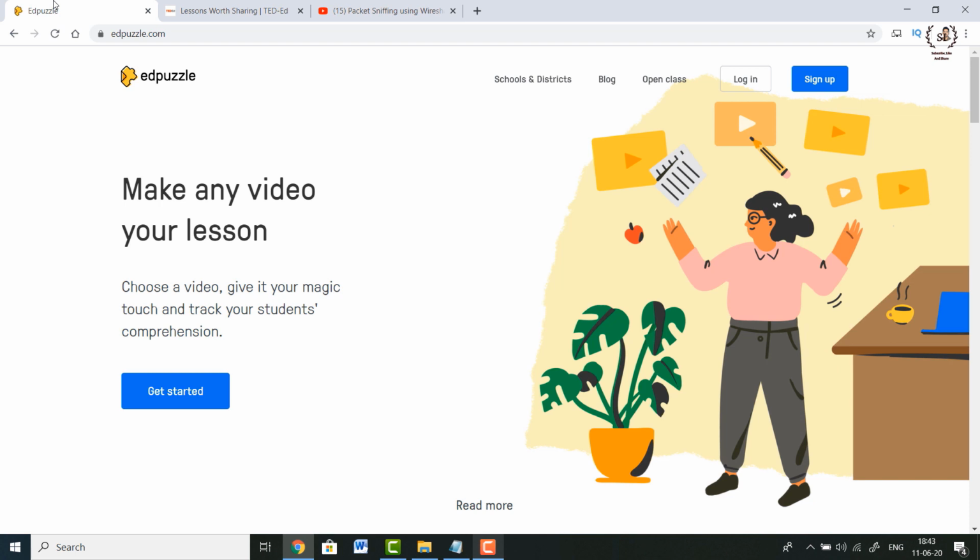You can opt for the prevent skipping option, which actually prevents the students from skipping the video and moving ahead in the timeline without solving the question. It might be wrong or it might be right, whatever it might be, but they need to attempt the question to go ahead. Using this feature, Edpuzzle adds a lot of interactivity to your video lecture. It makes sure that the students pay attention to your video, otherwise they won't be able to move ahead and score in your video assignment.